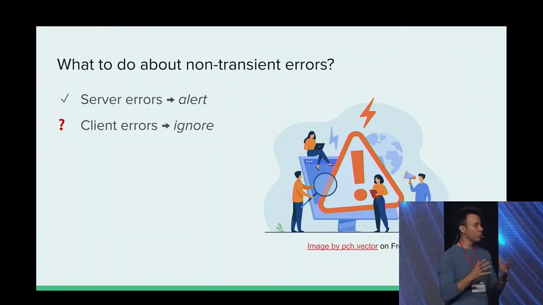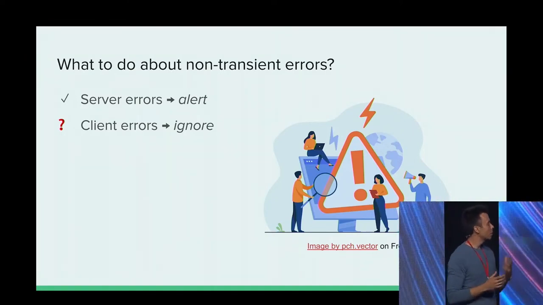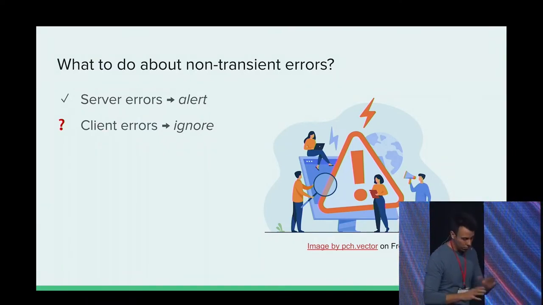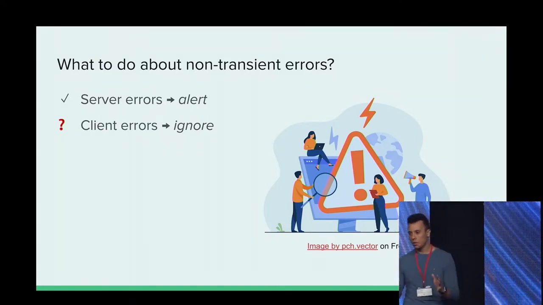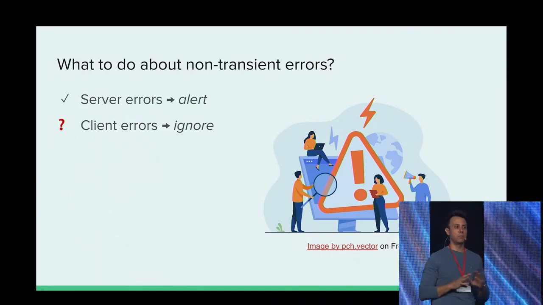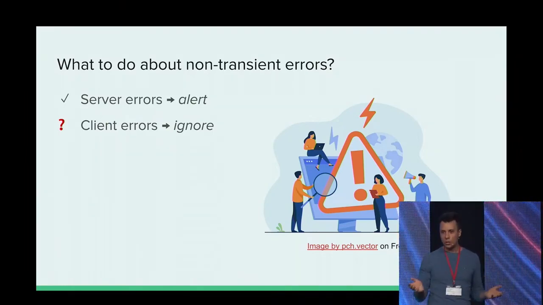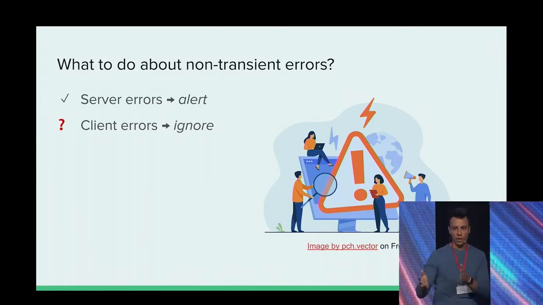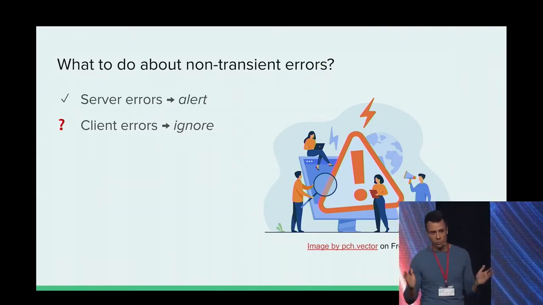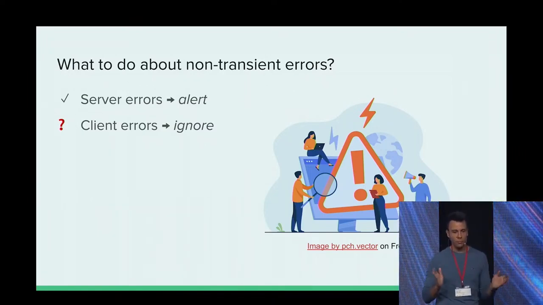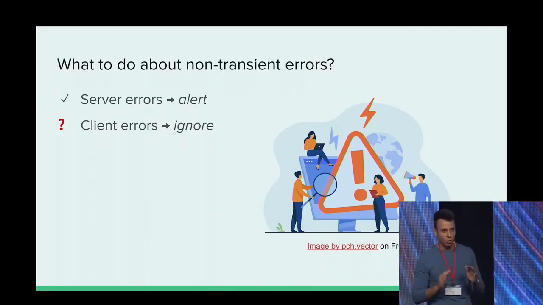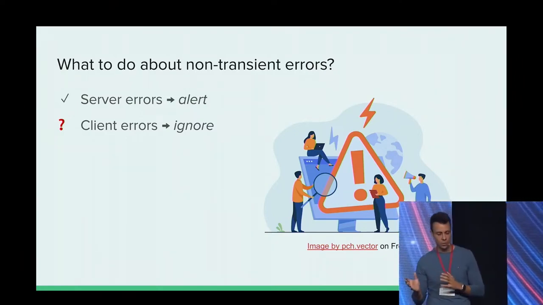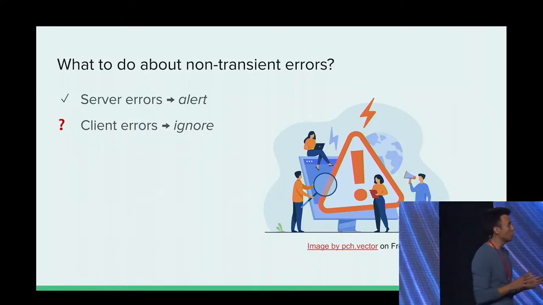We focus so much on transient errors, but what should we do with non-transient errors, right? And again, industry wisdom. Server errors, client errors, this is the generic classification. From HTTP terms, you might be familiar with 500 versus 400, right? So 500, sorry, we're terribly sorry about this, we're working on it. And then 400, you're stupid, what are you doing? Like bad request, right? And gRPC has the same concept.